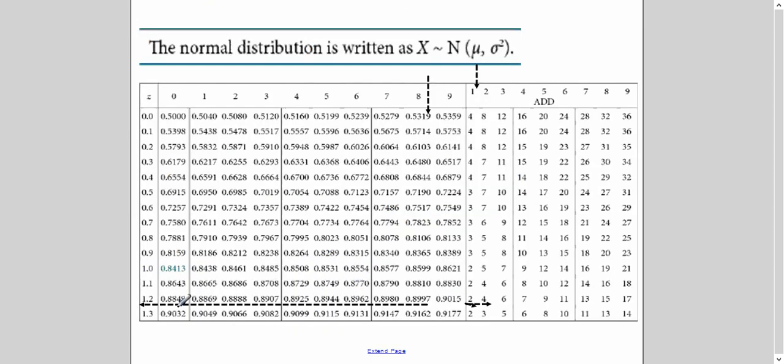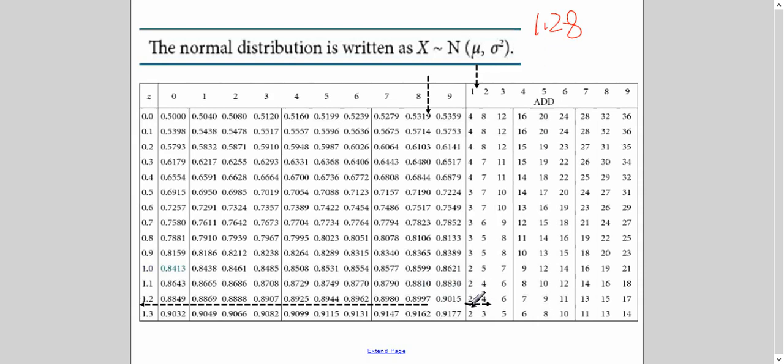0.9. Let's check. If you see here, I don't have 90% probability here. Same type of situation. This is more than 90%. This is less than 90%. This is 89.97%. This is 90.15%. So we always stop at the value of probability less than. So if I see here, it is 1.2 and this is 8. It means 1.28. But what is the difference to make it 0.9? 3 units. So I move 3, which is not here. So either you take 2 or 4. Both are marked as a right answer. Usually people take less than, but sometimes people take more than also.